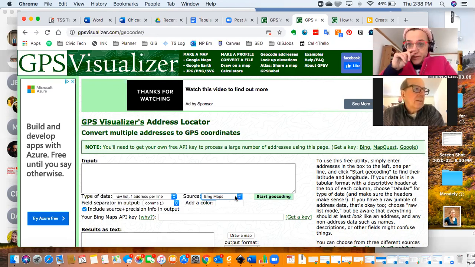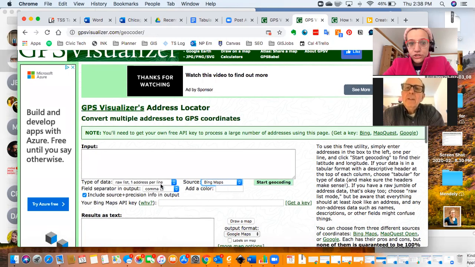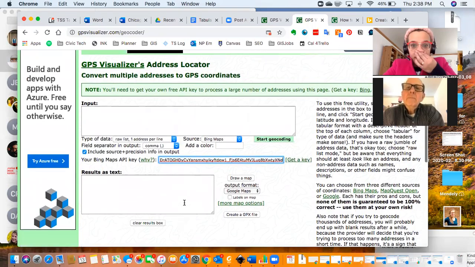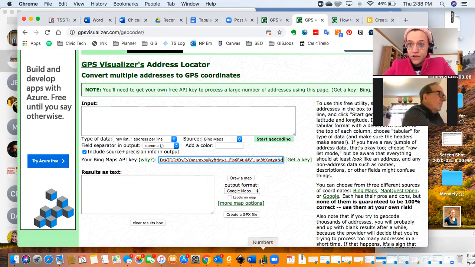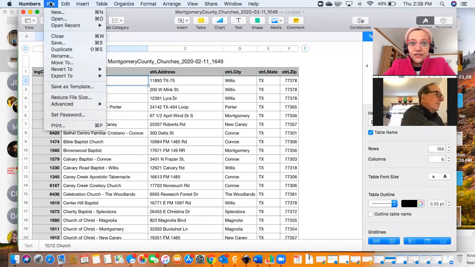So if we go back over to the GPS visualizer, you'll change your source here. By default, it's MapQuest, but we did Bing Maps. So you just go Bing Maps, then you copy in your API key. And then for your input, this is where things get a little weird, but it's really easy. I've not done this on a Mac yet, so I think we should be fine. So you take the CSV file that you gave me,